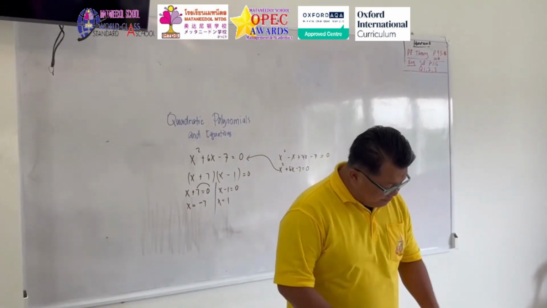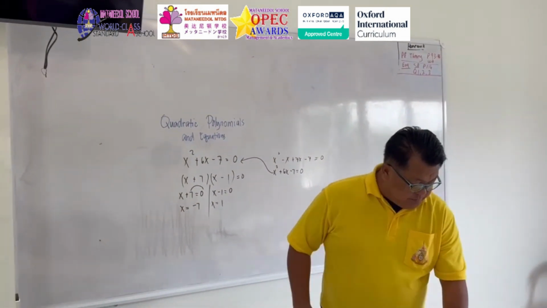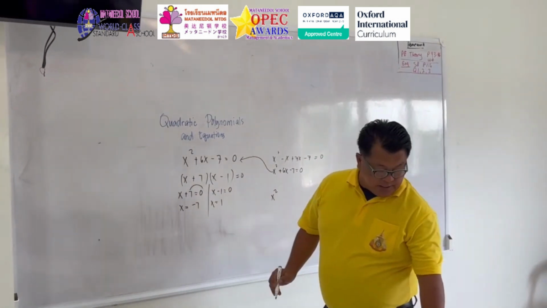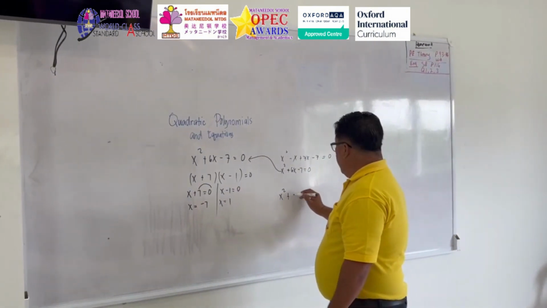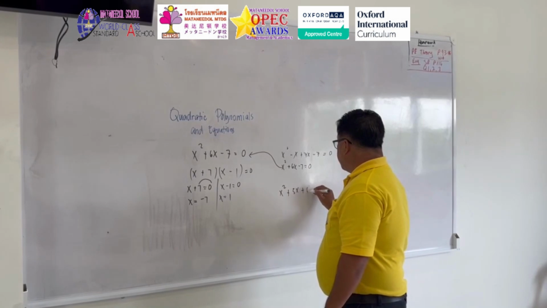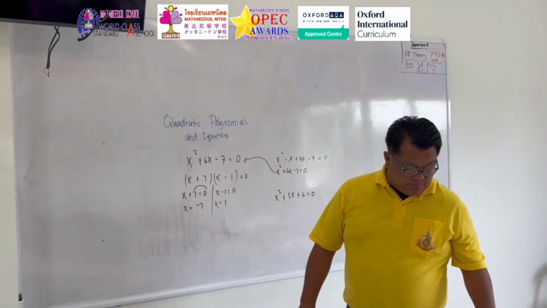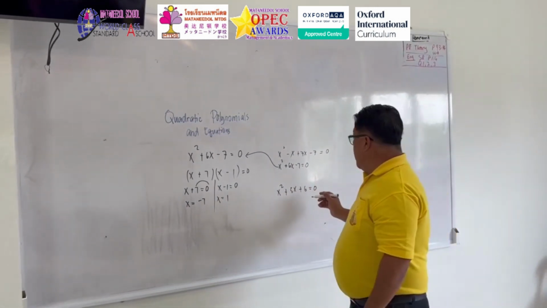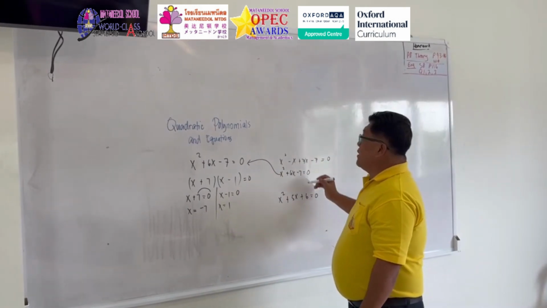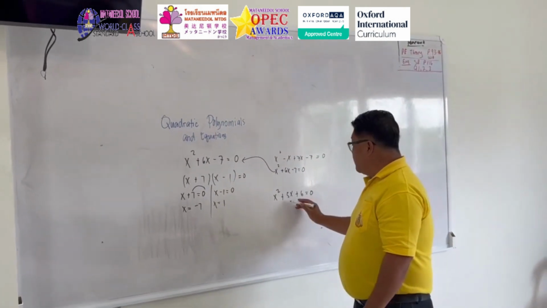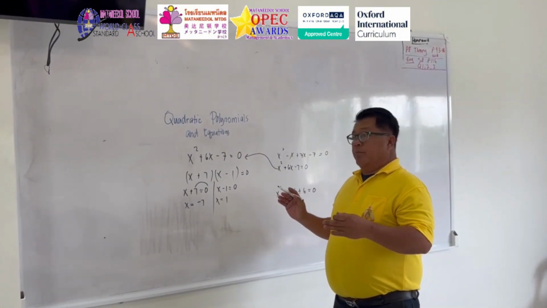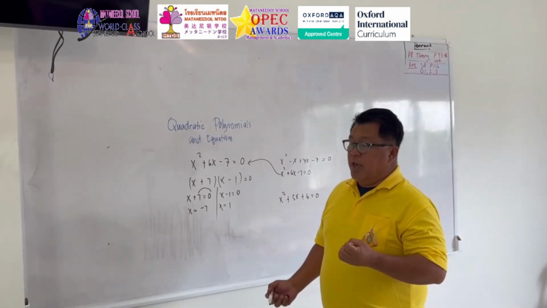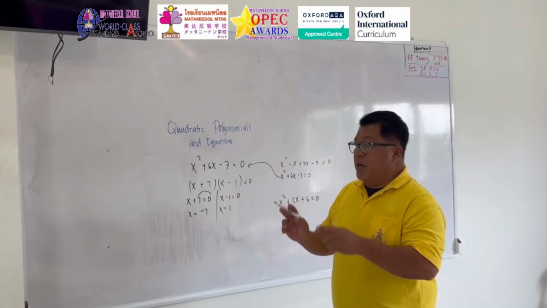Another example for that one. x squared plus 5x plus 6 equals to 0. So, that's what I told you, that you have to think a number that could divide 6, and if you add that number, the value is 5. So, based on trial and error, we have common factors of 6, which we have 2 and 3, 1 and 6. So, the nearer is 2 and 3.